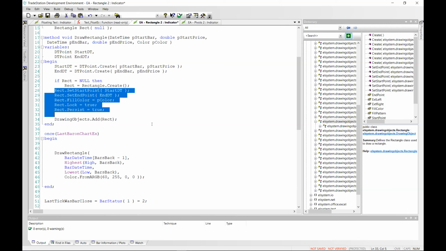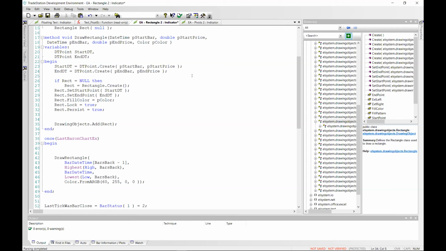And same thing here with the drawing objects. If drawing objects contains the rectangle, I think we've got a contains method on this thing. Maybe we don't.